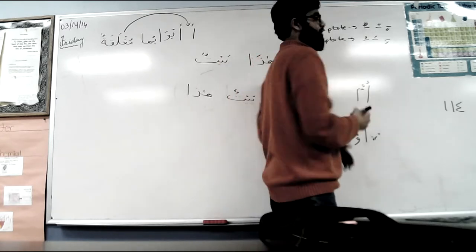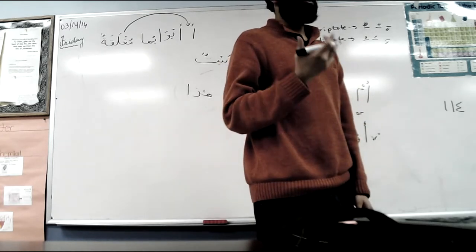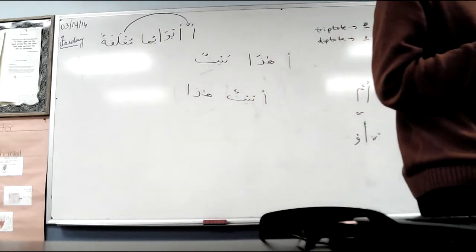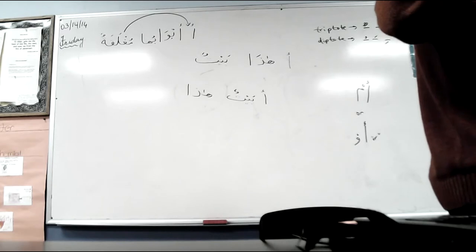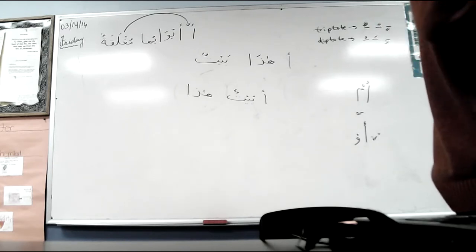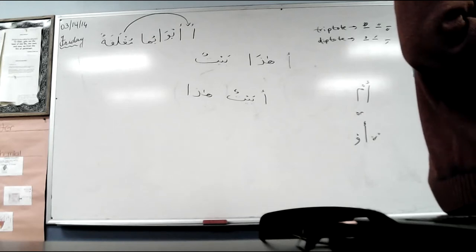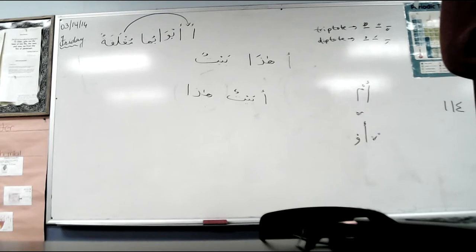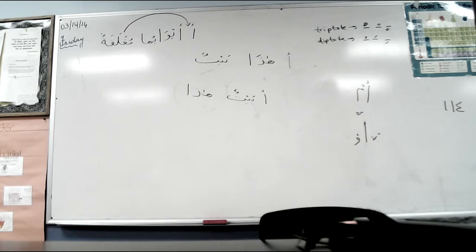But in Arabic, it's called al-mamnu' min as-sarf. Mamnu' means what? Forbidden, min as-sarf, from changing. So sarf means changing. So basically, the way that it changes is a little bit different. It's going to come up in the next lesson. Okay, we have learned in this book the following groups of nouns and adjectives which are diptotes.